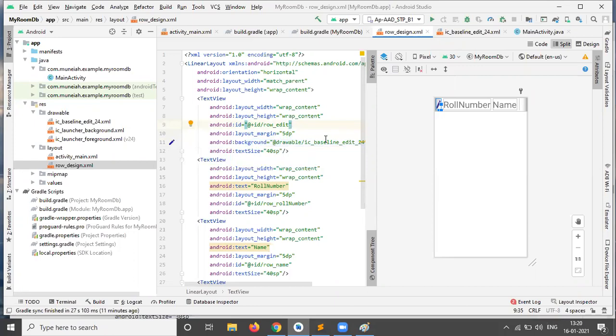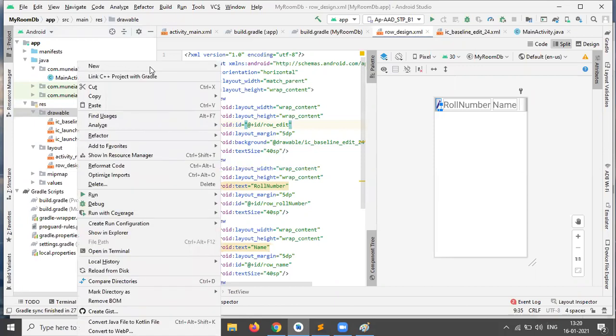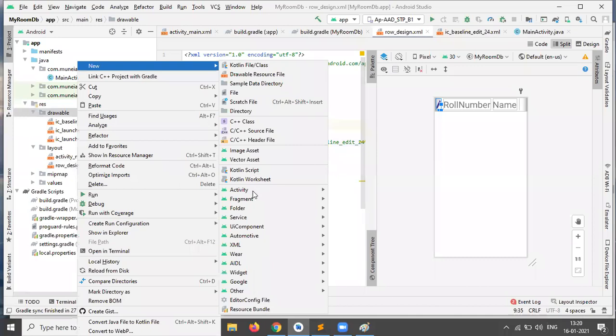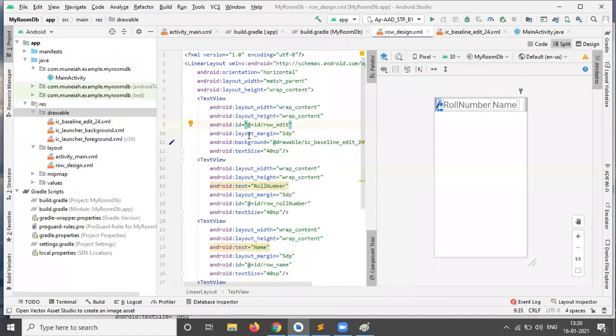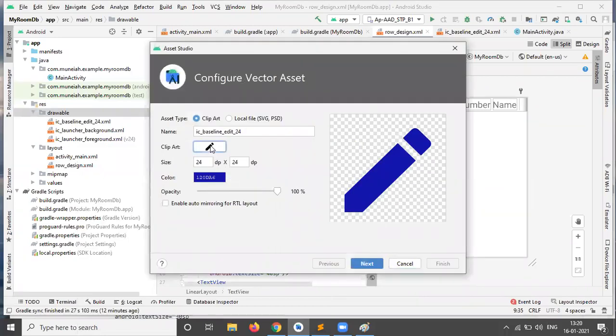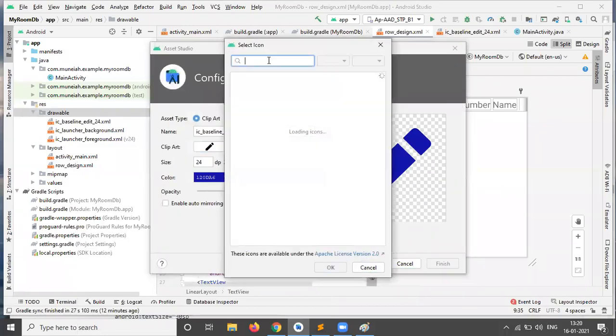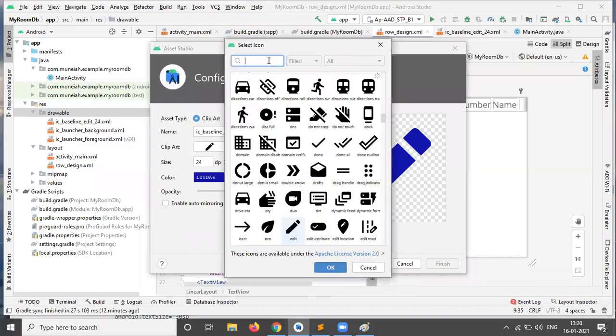In the same way, add one more icon for delete. New, vector asset, and click on this clip art. Then choose the delete icon.